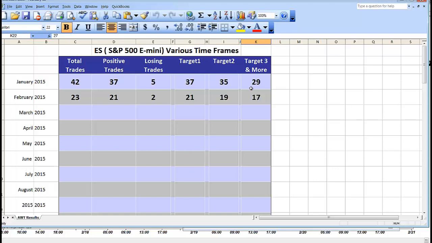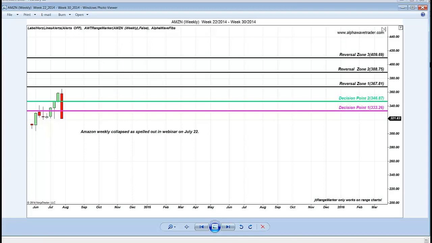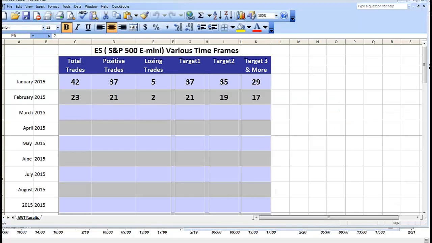And here is S&P. Our trade currently at reversal zone. Out of 23, 21 positive. And as I always say to my students, you want pain-free trading? Exit at decision point 2. You do not take counter trend trades, your success rate is even higher. And this is the same formula you can apply to any instrument and any time frame. This is the same formula I had shown you on Amazon Weekly. Adore and respect reversal zone.